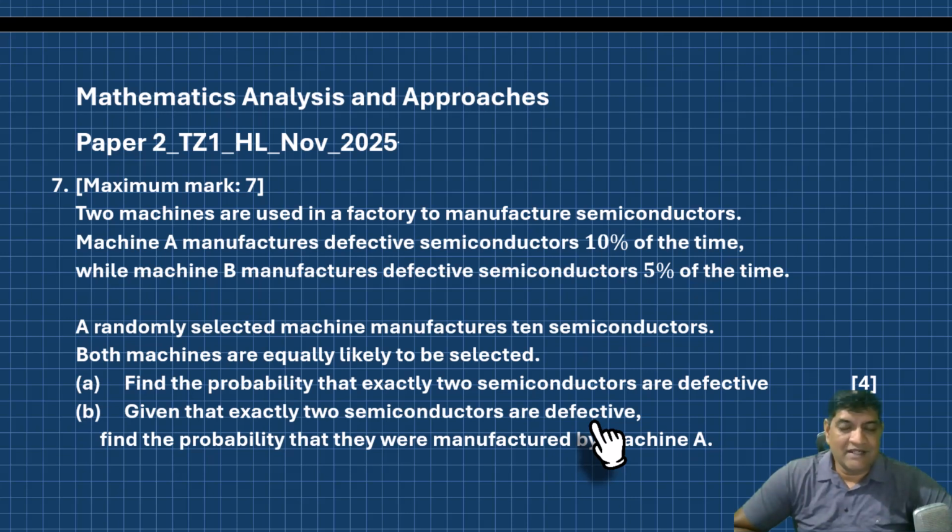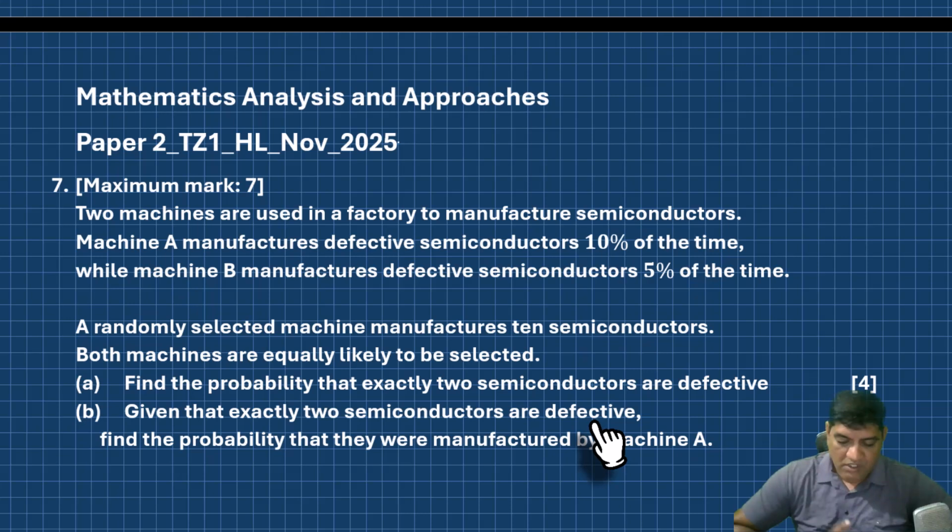Mathematics, Analysis and Approaches, Paper 2, Timezone 1, HL, November 2025. This is question number 7 of 7 marks. This question is based on probability, mainly binomial distribution, and we are also going to be using the concept of